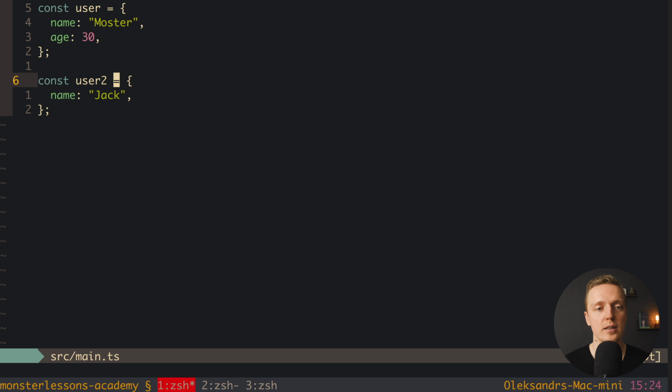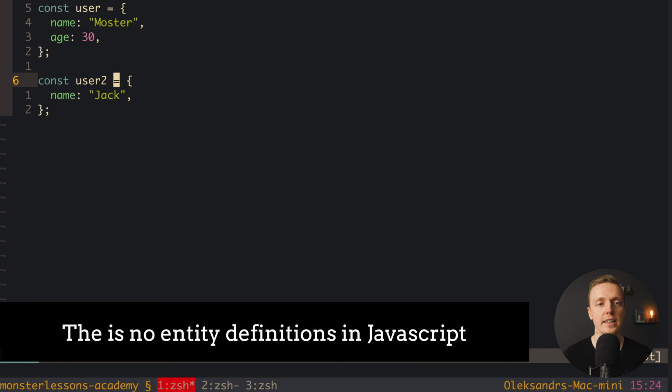In this case, we forgot that our user2 also needs age. Maybe we did it by mistake, but we can't find any help from JavaScript, because there is no place in JavaScript where we can specify all properties of some entity. And actually in TypeScript we can do exactly that.